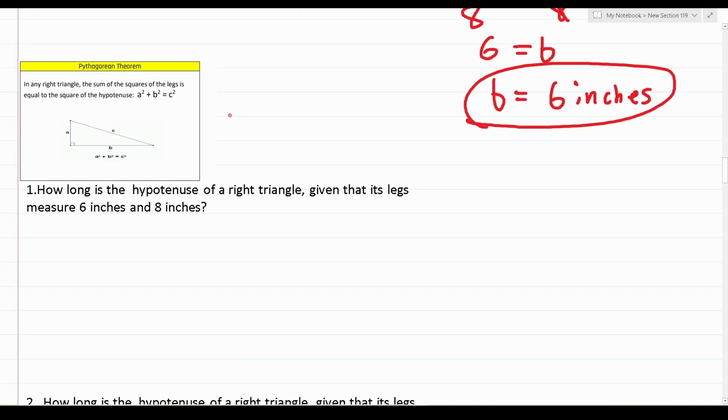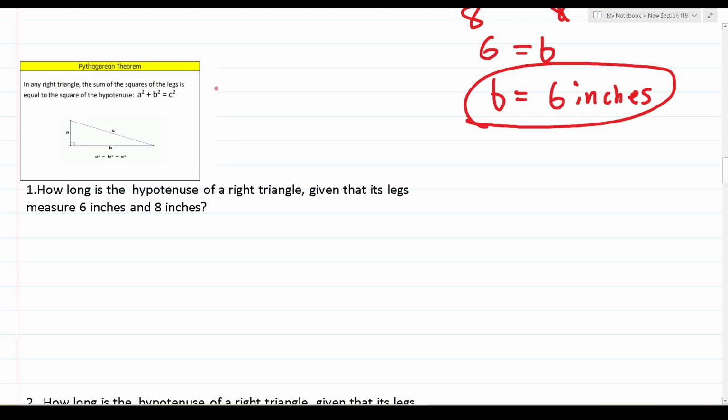So now that we've talked about how to calculate the area of a triangle, let's talk about the Pythagorean theorem. And the Pythagorean theorem is specifically in regard to right triangles only. Again, right triangles have one angle that measures exactly 90 degrees. And the Pythagorean theorem says this: in any right triangle, the sum of the squares of the legs is equal to the square of the hypotenuse. That is, a squared plus b squared equals c squared. So again, the sum of the squares of the legs of the triangle is equal to the square of the